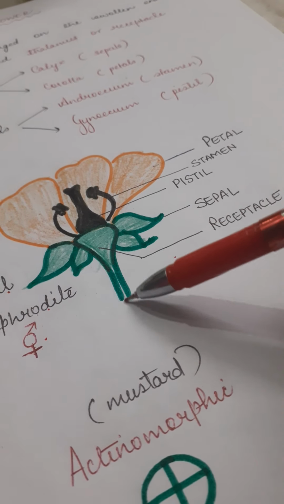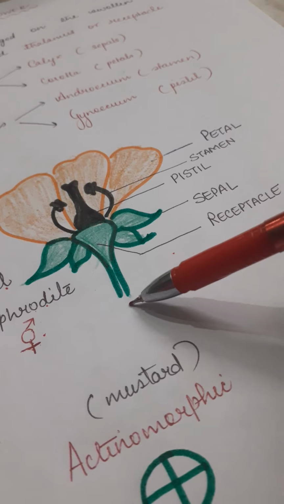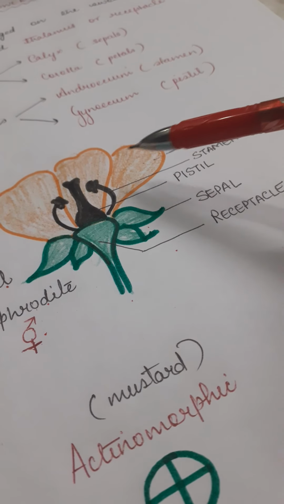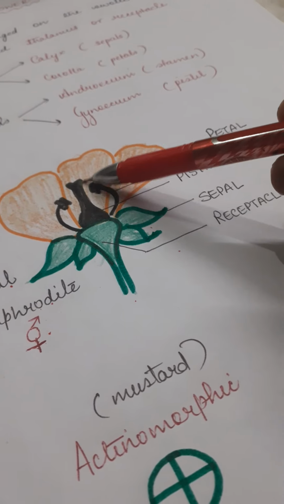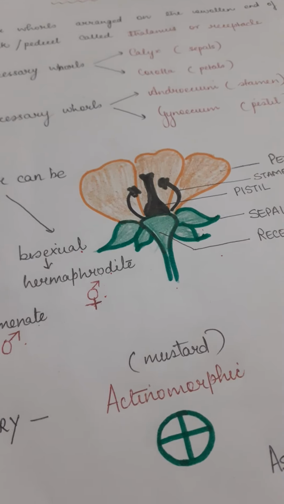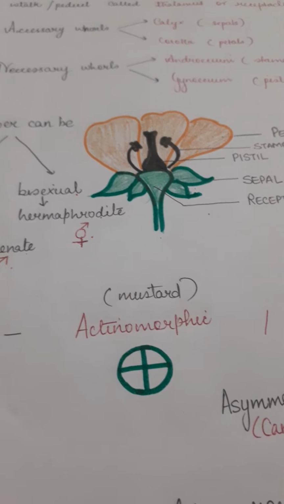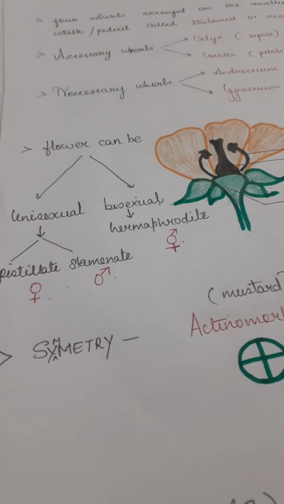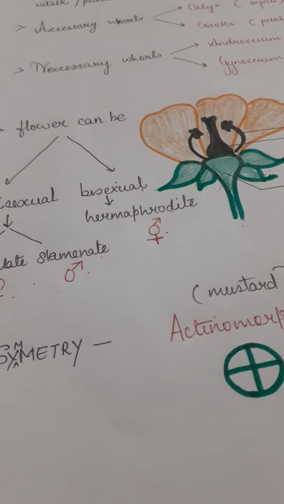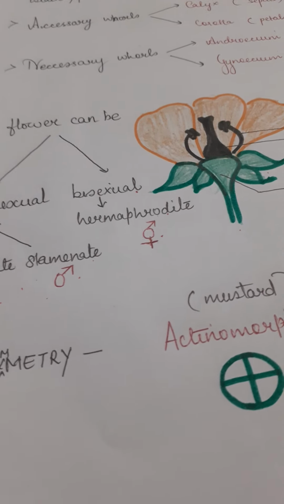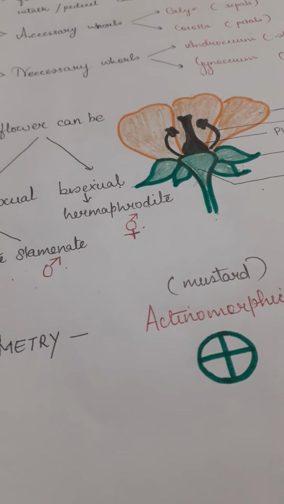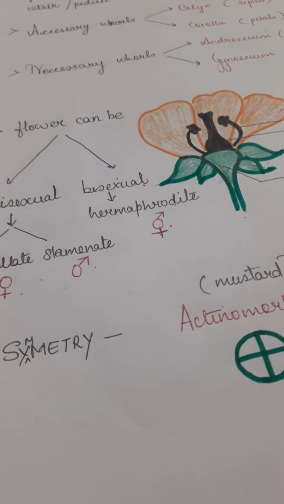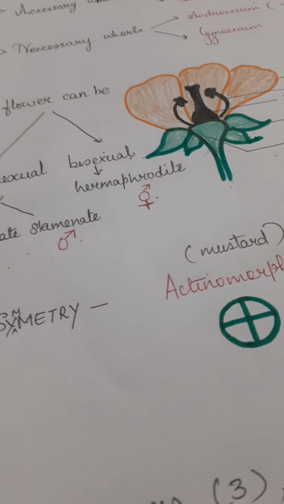A simple flower depicting the receptacle, that is the swollen portion. This is the pedicel or the stalk. These are the sepals, the petals. You can see the stamen and you can also see the pistil. So this is how we represent a simple flower. Now you have to understand the language of writing the floral formula and floral diagram in a family. And for that you need to learn a few symbols and a few terminologies.